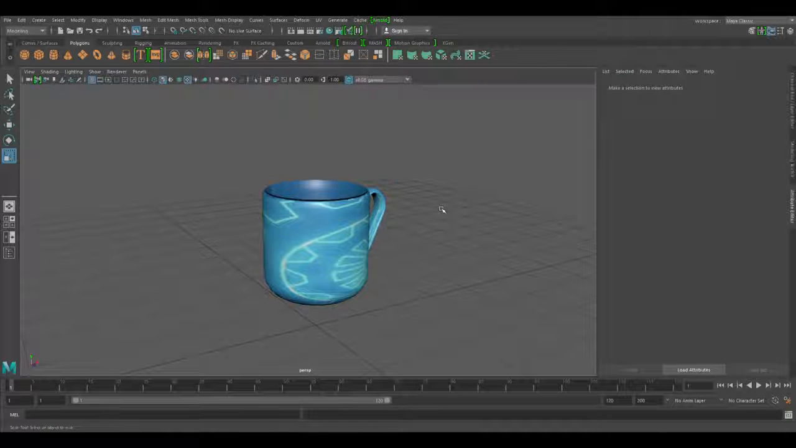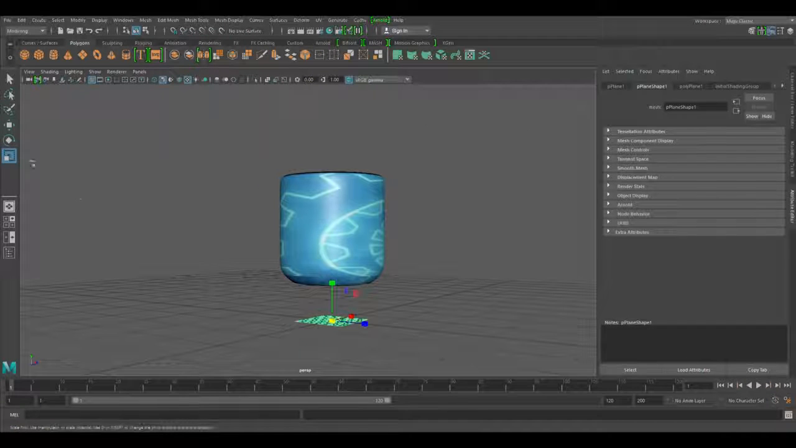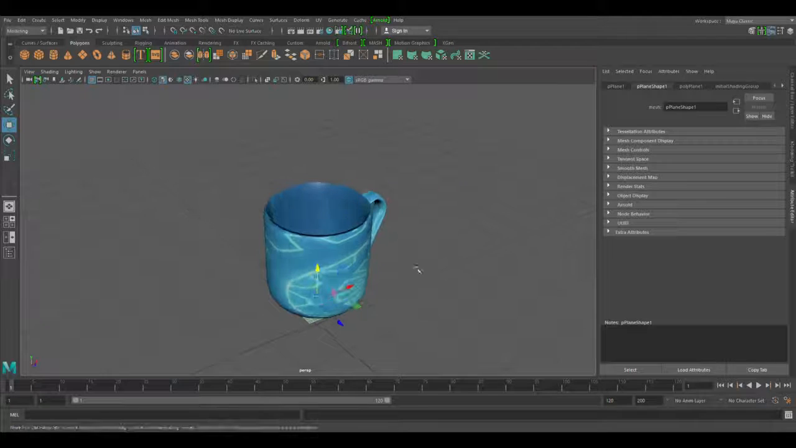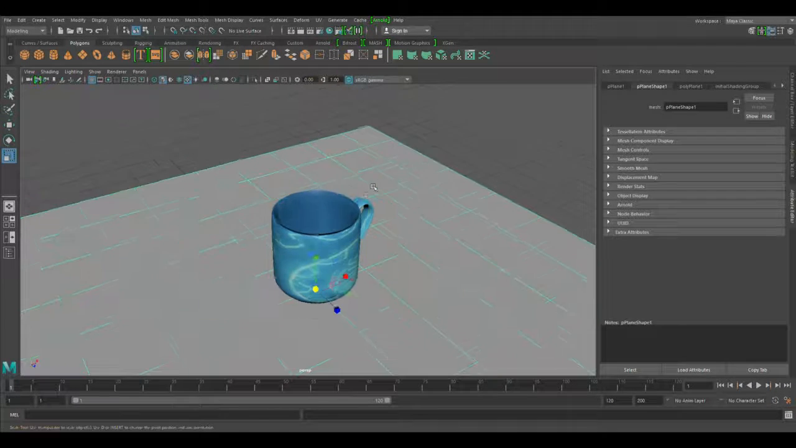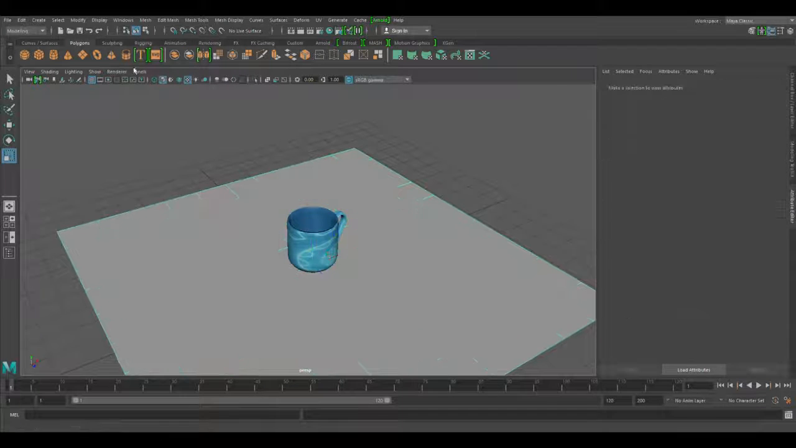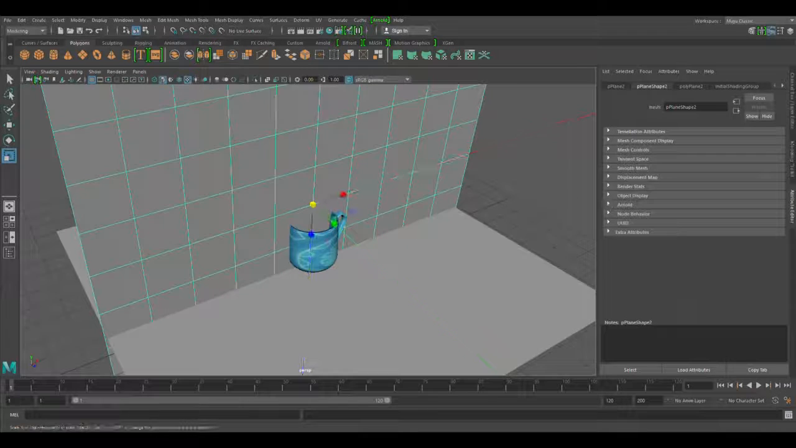Alright, so another thing that you might want to keep in mind is that Hypershade can be used for your objects, or it can even be used for your backgrounds. So say if I were to put a simple background together, using these polygon planes,